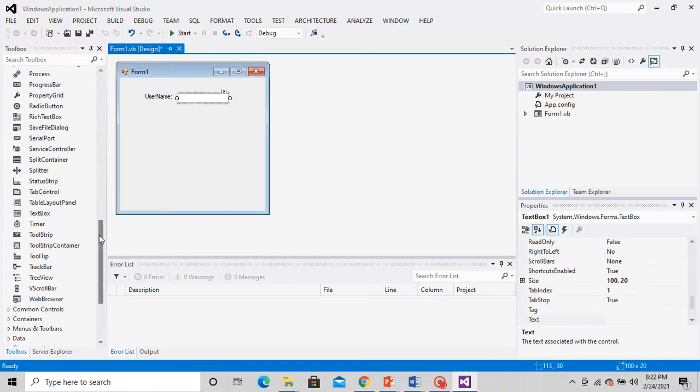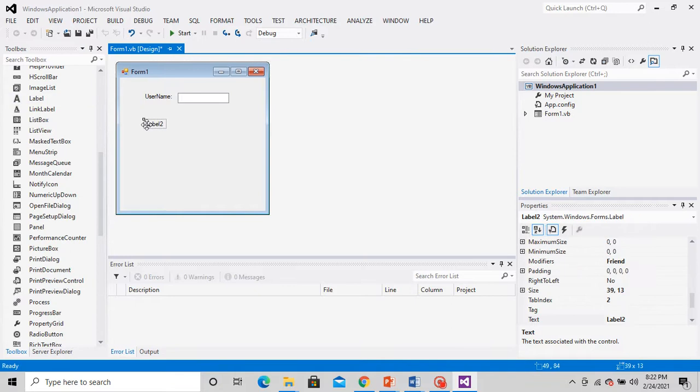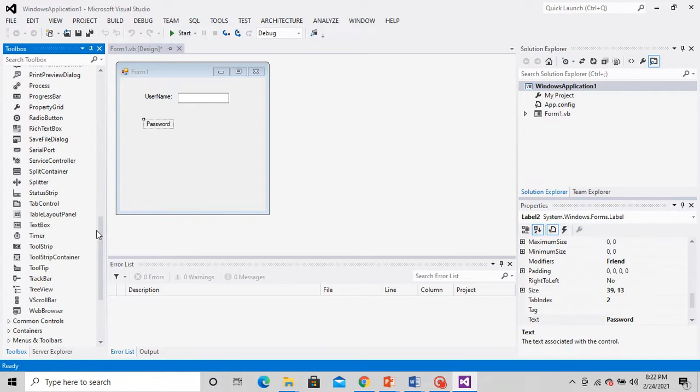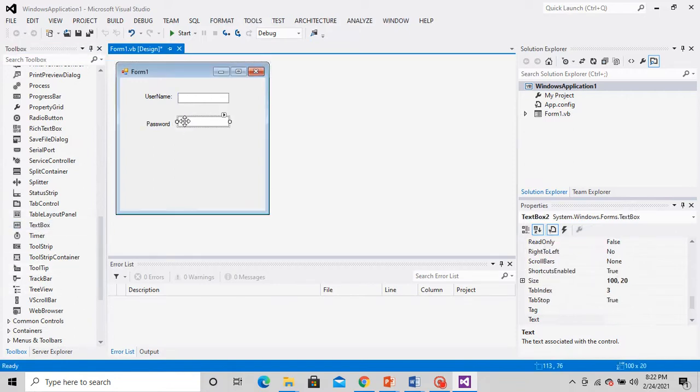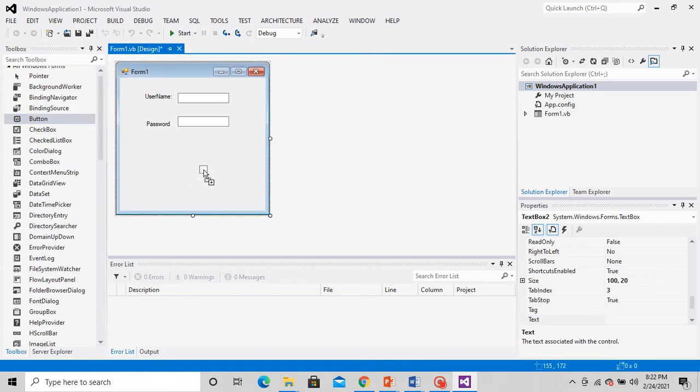And put it here. After that, take one more label called password, and again put a text box here. Now I'll keep one button called login.